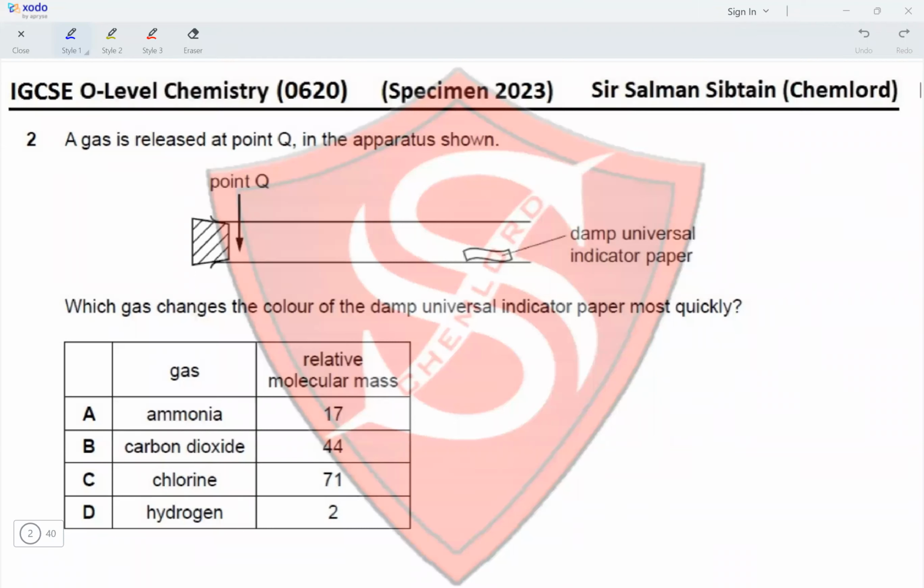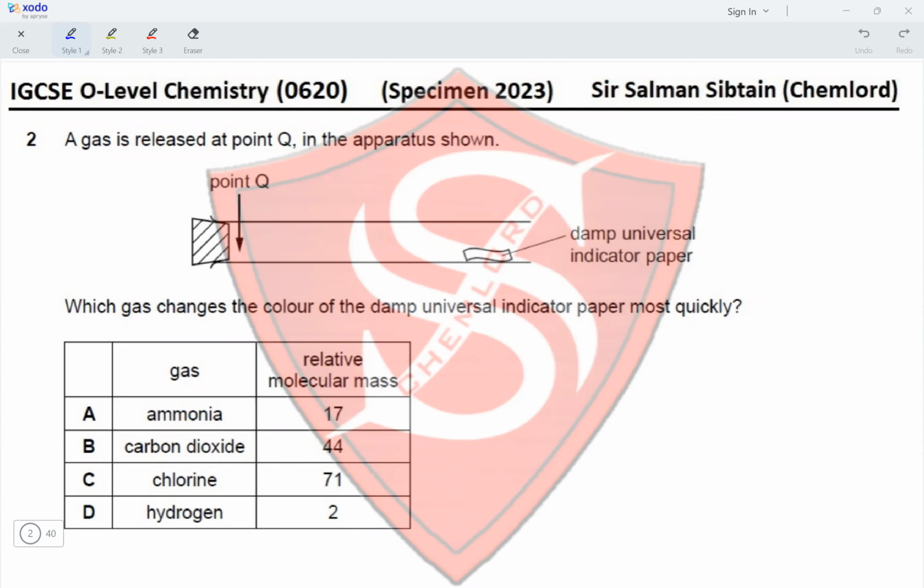Question 2. A gas is released at point Q in the apparatus shown. Okay, and we have got a damp universal indicator paper at the other end. Which gas changes the color of the damp universal indicator paper most quickly? So we are talking about diffusion of gases. The gas that would diffuse the quickest would be the one with the lowest Mr, which would make this